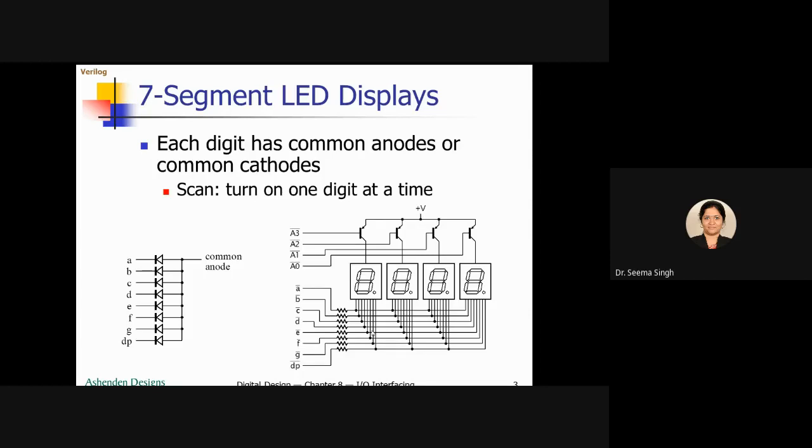Now you must be thinking that if I am connecting like this, how will all four digits not be used at a single stretch? No, it's not that. All four digits will be used at a single stretch only.